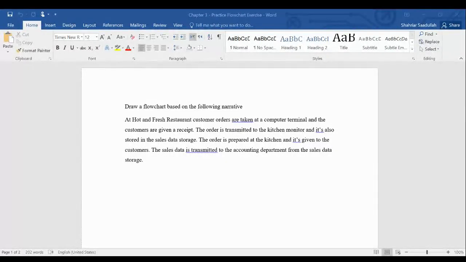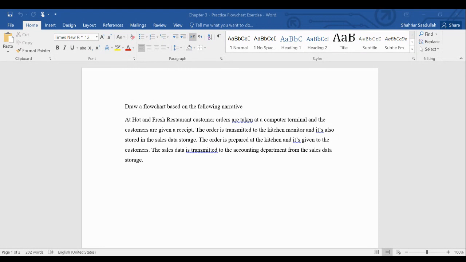Okay. Abdurrahman, the first question says, at Hot and Fresh restaurant, customer orders are taken at the computer terminal and the customers